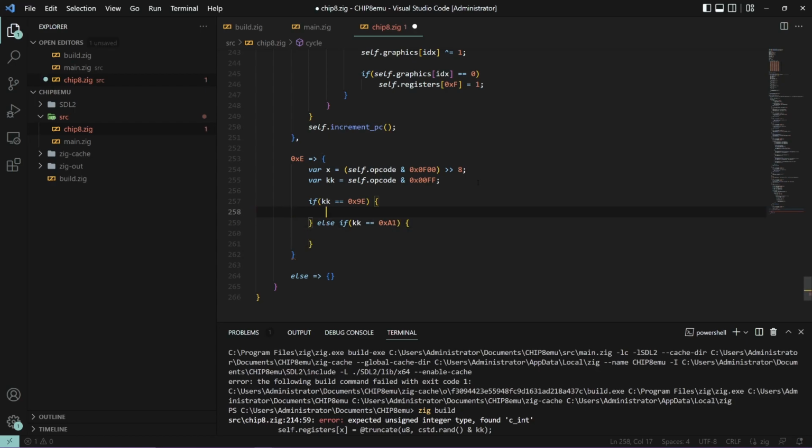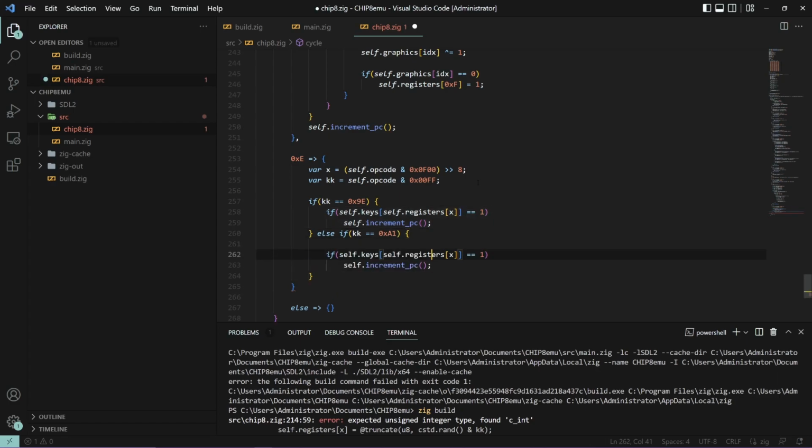And then all we do here is if self.keys at self.registers at x is 1, then we will self.increment program counter. Otherwise, if it's not equal to 1, then that's for the other case,